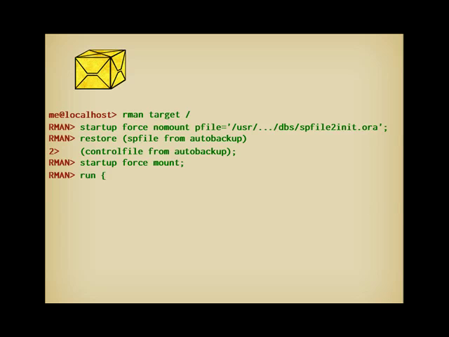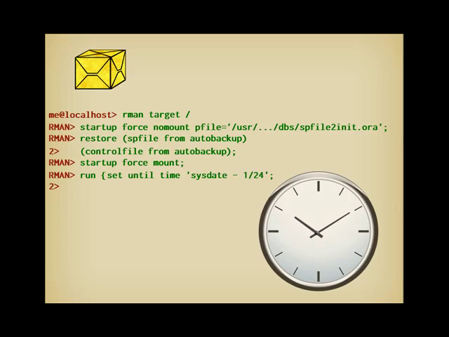Now the interesting stuff. I start a block with a run. It means that all commands, like in a transaction, must succeed together, that they really are a single process. First thing, I define a limit with set until time. If everything went wrong during the last hour, I say that my limit will be now minus 1 hour, that is 1/24th of a day. I could also specify an absolute date and time. I am going to rewind the clock by 1 hour.